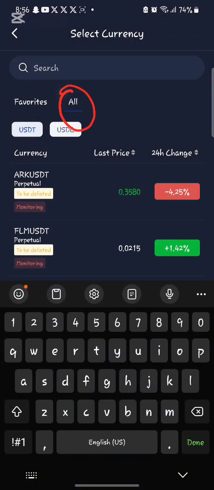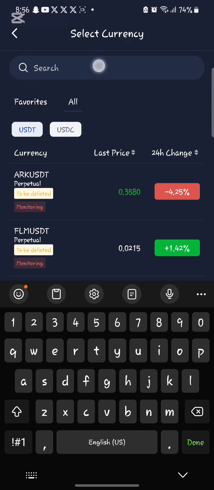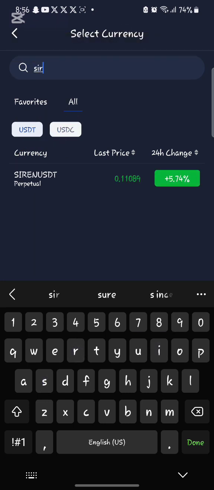After clicking all, remember all contains all the coins, and favorites just contains the coins I've traded before. If you've not traded any coin before, you'll just see everything there. But if you traded any coin before, as soon as you click your search button, it will bring you under favorites and you see the coins you've traded before. But in order to access all the coins, you click all. So here we type Siren,